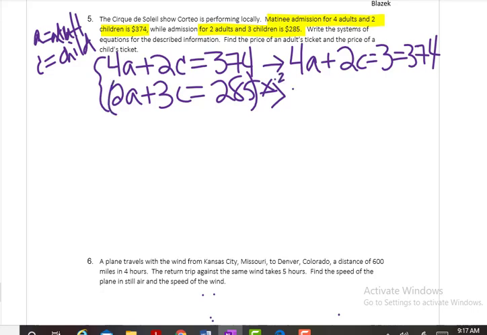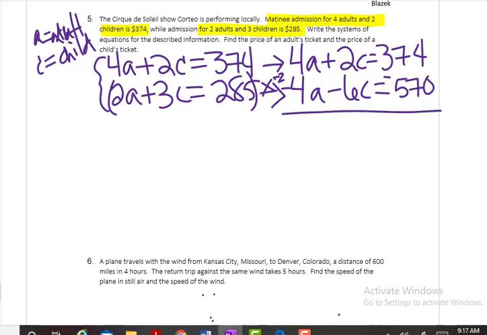So that will give me minus 4a minus 6c is equal to, well, -2 times 285, which is -570. Okay, so I'm going to add them, and my a's cancel, which I wanted, and I get minus 4c,